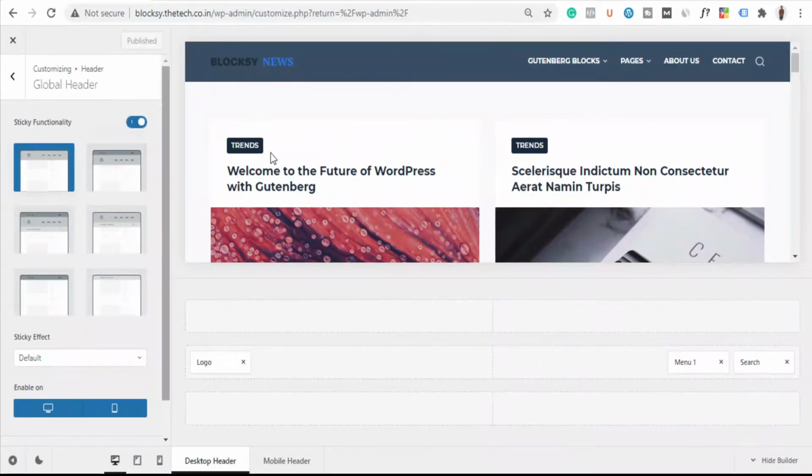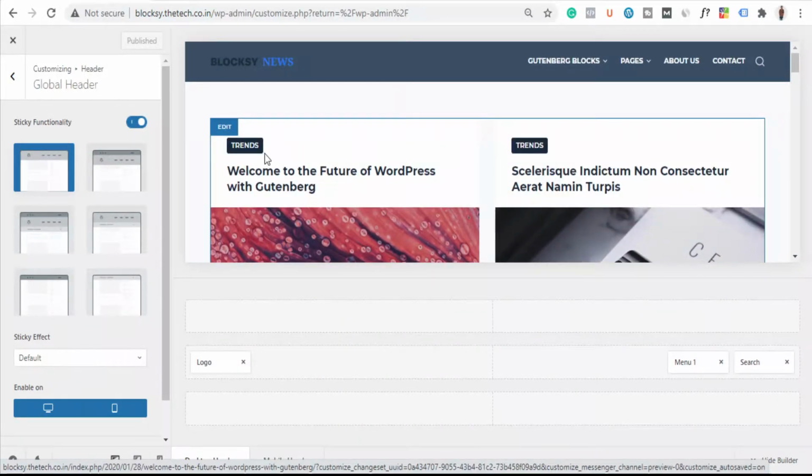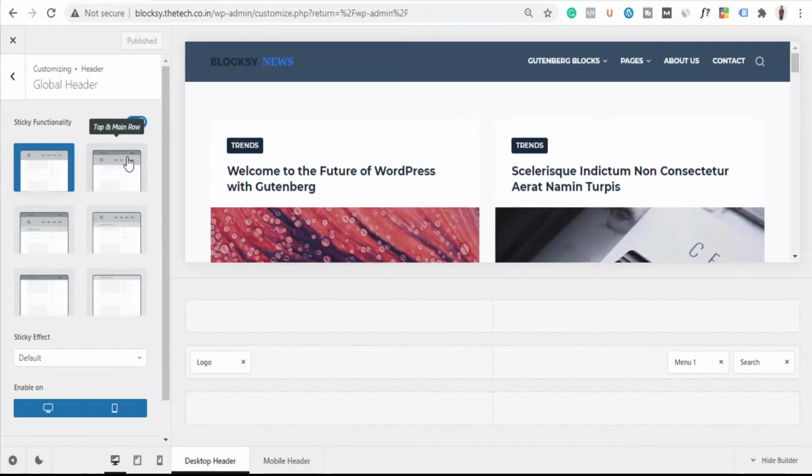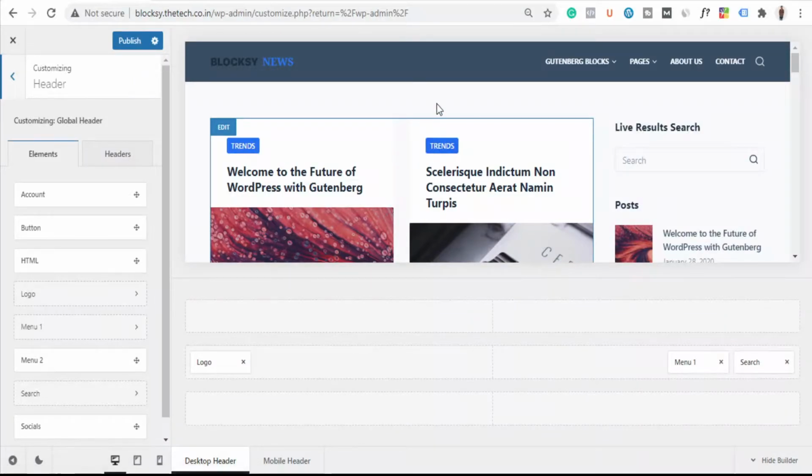So basically, as I told you, we have 3 rows: top row, main row, and bottom row. Any of the 3 rows, or all of them, you can make sticky here. Here I have only one header, that's why I'm not going to show you, but if you have a bottom row and top row as well, you can make those sticky as well. Okay, alright, so now we're done with the header.